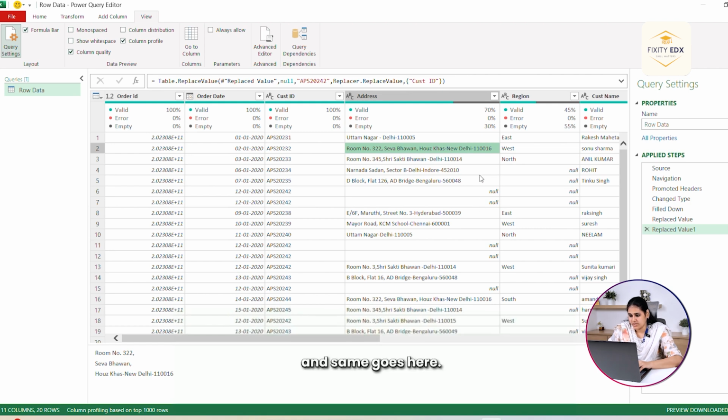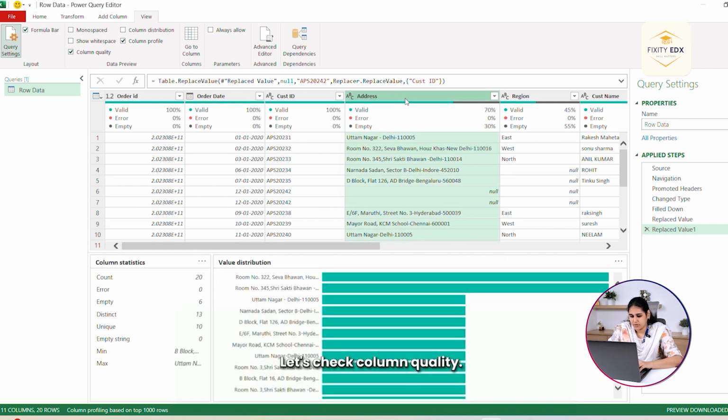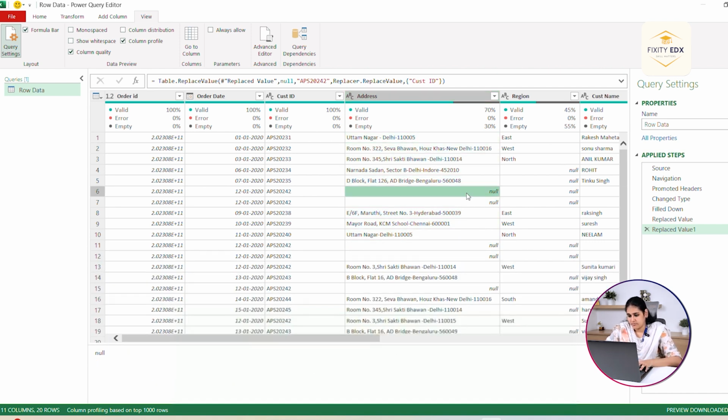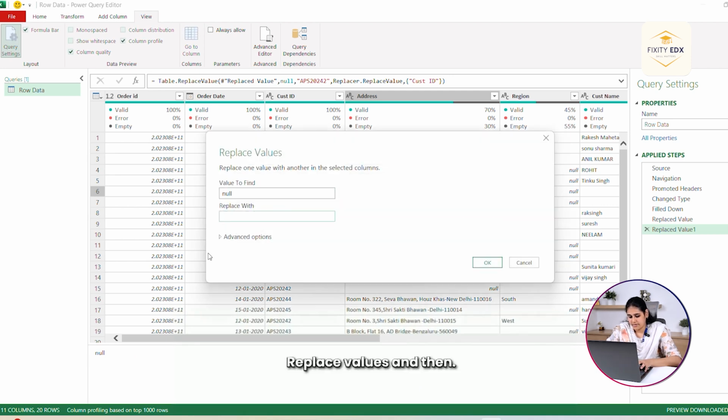And same goes here. Let's check column quality. This room number 322 Seva Bhavan has occurred most. So I want to copy this and replace this value. Replace values. And then, okay, I think I have to type it.